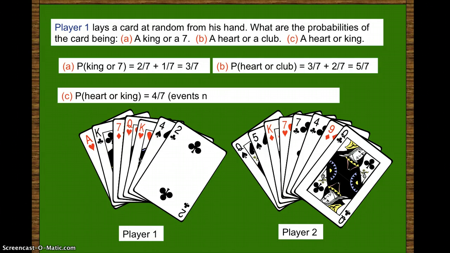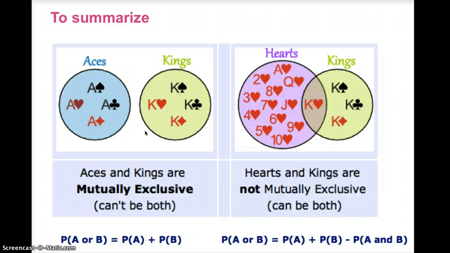Okay. Letter C, on the other hand, for a heart or king, it's a not mutually exclusive event. So then it should be 4 out of 7. It says heart or a king. So this card is both heart and king. Yeah, and you only count it as one. Okay, so to summarize,